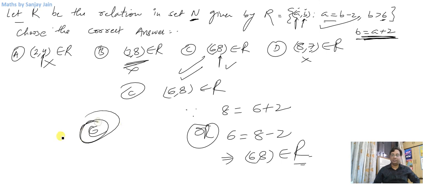I hope this exercise is clear and you are very comfortable with the idea of reflexive, symmetric, transitive relations and them being in equivalence relation. When they are reflexive, symmetric as well as transitive, they are said to be in equivalence. And you know about equivalence classes, partitioning, subdivisions by now.